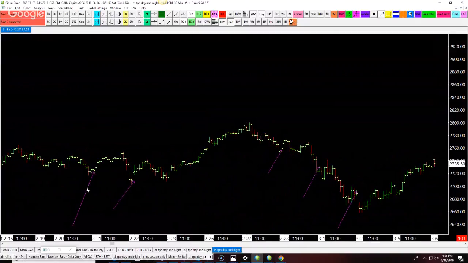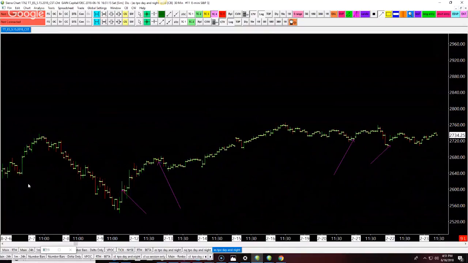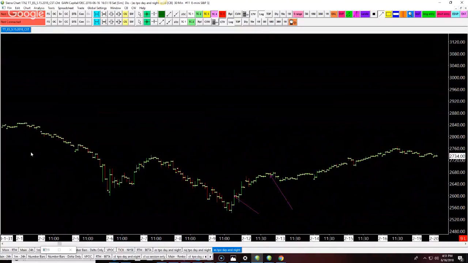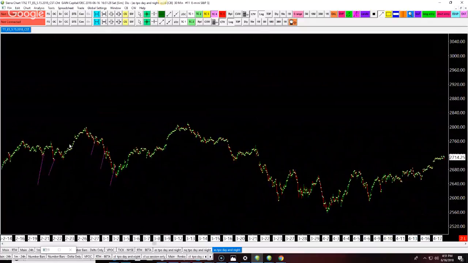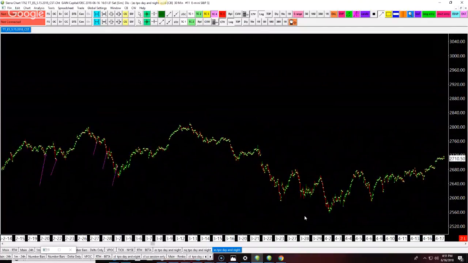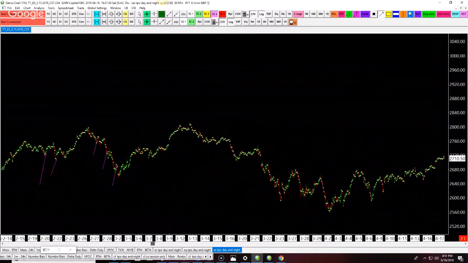Okay, now I want you to look at all the days before that. If you were celebrating those closes near the low, look at all the days where we gap down or attempt to push down, and we close nowhere near the low the gross majority of the time, the 6th. Okay, so on the 2nd, we closed near the low. We truly had a few trend day downs in that period, but very, very, very few.